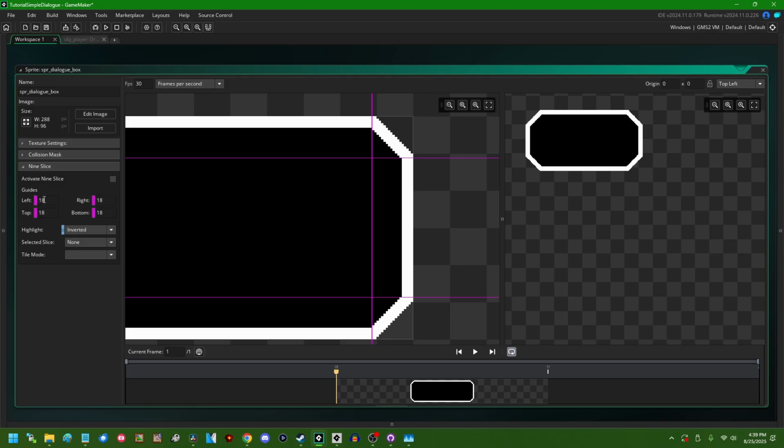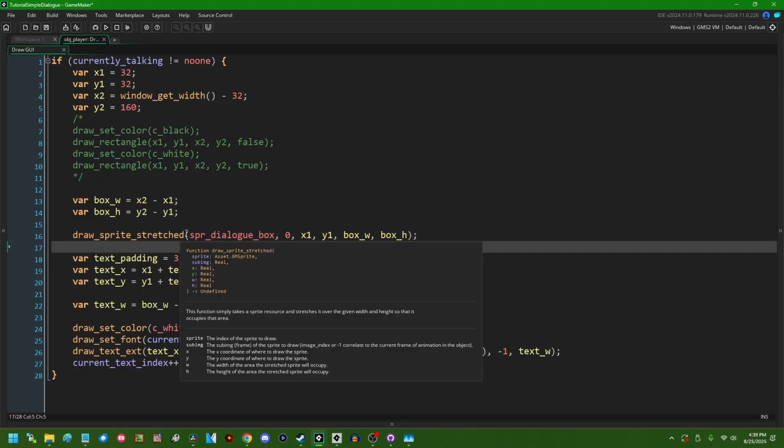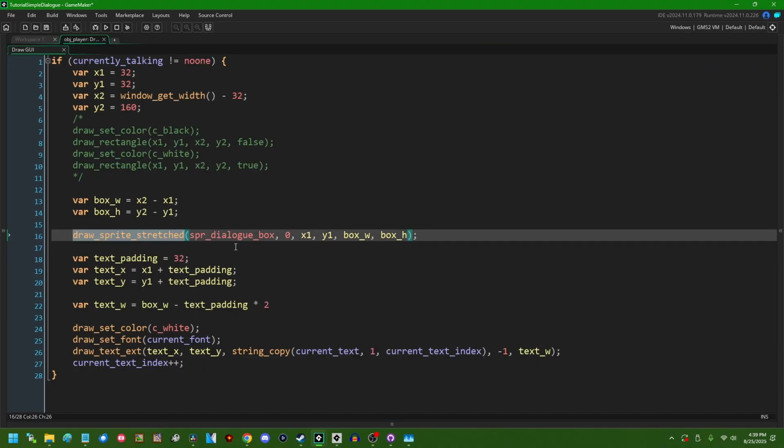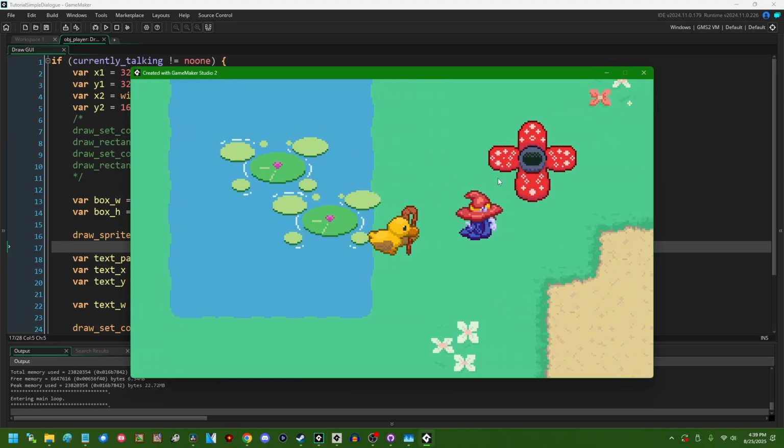So in this sprite, I'm just going to have each of the guides 18 pixels from the left, top, right, and bottom. Anyway, 9-slice sprites will work automatically with draw sprite stretched, where you draw a sprite with a defined x, y, width, and height. And if I run this now, and if I talk to an